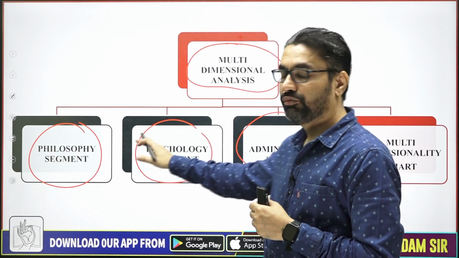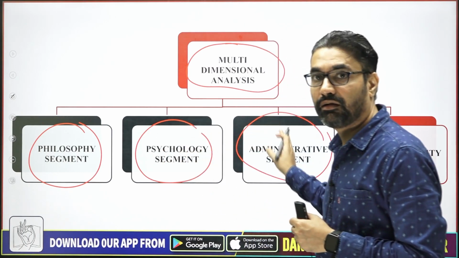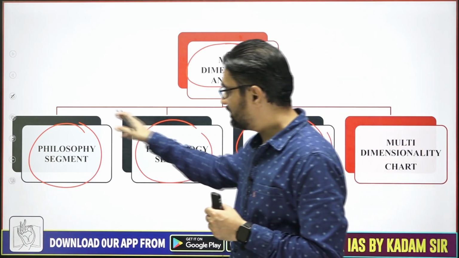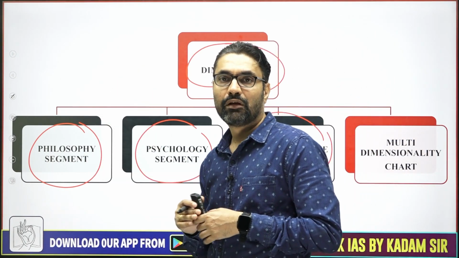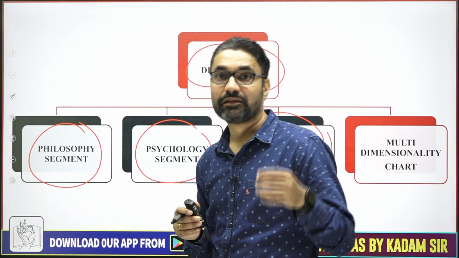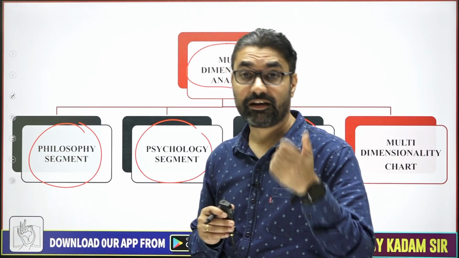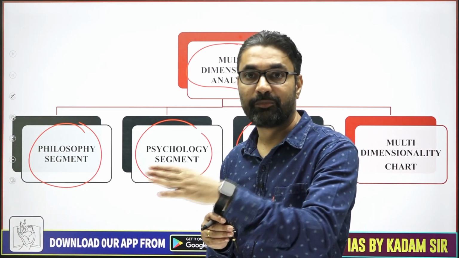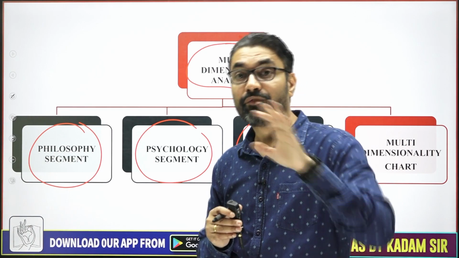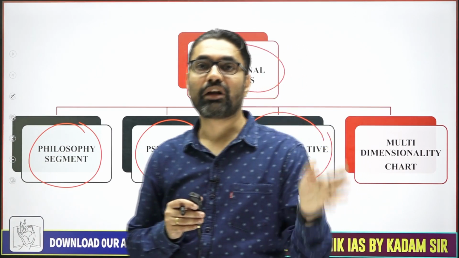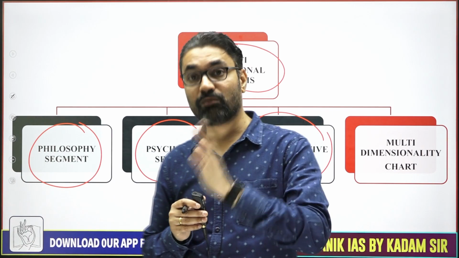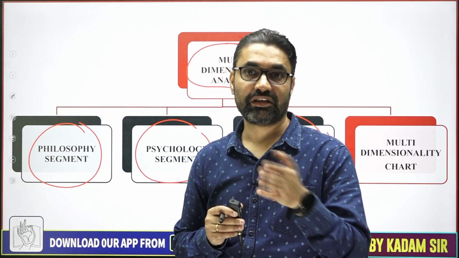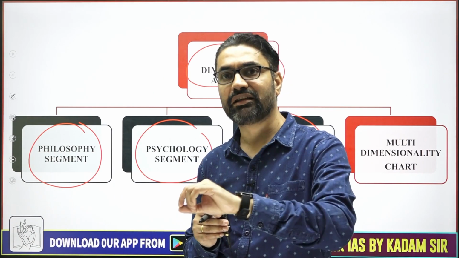So there I told you that the syllabus is classified in these 3 classes. While writing an answer, you need to scan all the points of the philosophy segment, that is ethics, morality, their comparison, whether the case study has any issue related to descriptive ethics, normative ethics, meta-ethics, whether the case study is related with moral absolutism, moral relativism, moral objectivism, moral subjectivism, okay. If not, whether the case study is related with virtue ethics, consequentialist ethics, deontology ethics, rights ethics, and there are